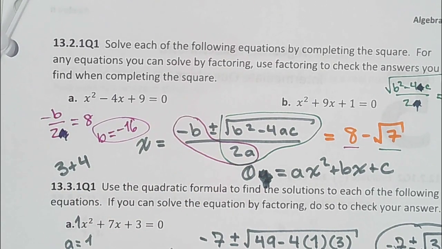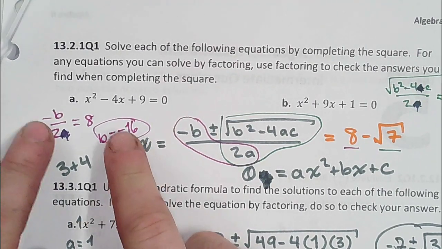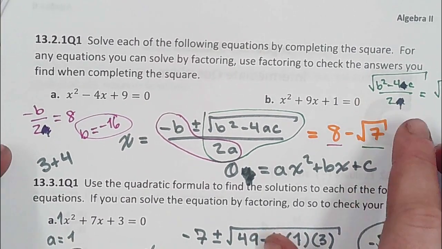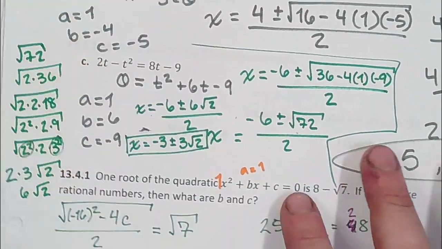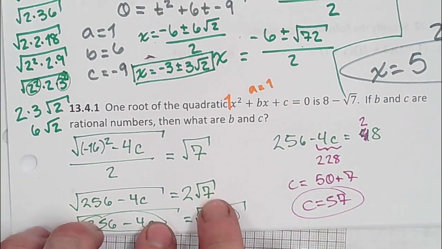So what number do I divide by 2 to get 8? Well, 16. But of course, I'm going to negate it, right? So I need negative 16. Once I know that, I can fill in some blanks over here and set that equal to root 7. Using the idea of simplifying roots, I can times by 2 and then put that 2 back in the root,